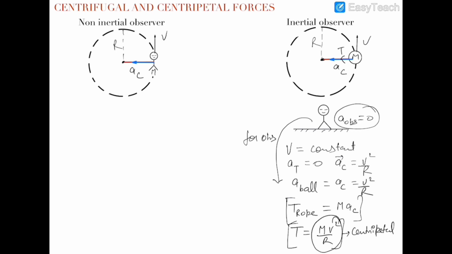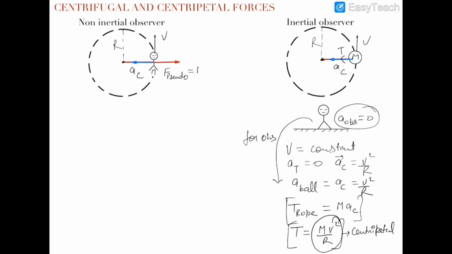So I am referring to this man as a non-inertial observer because his acceleration is not zero. So this man will experience a pseudo force in the direction opposite to the acceleration, and the acceleration is towards the center of the circle. Therefore the pseudo force acting on this man will be away from the center,